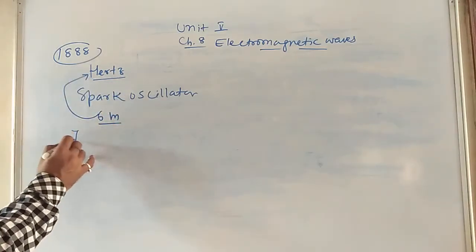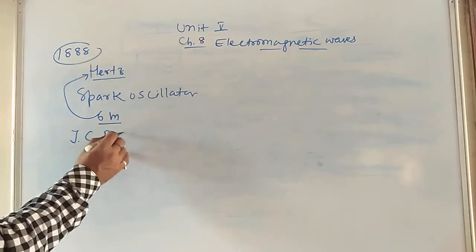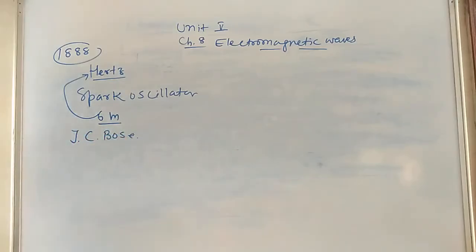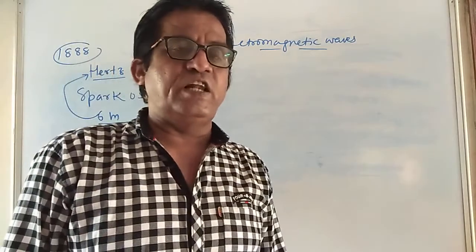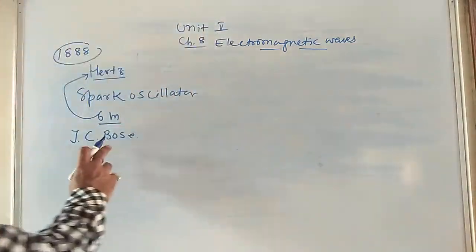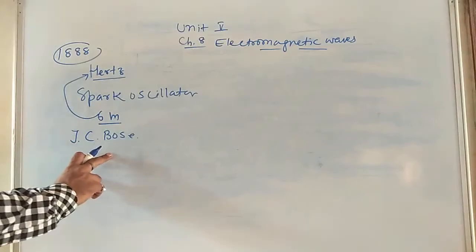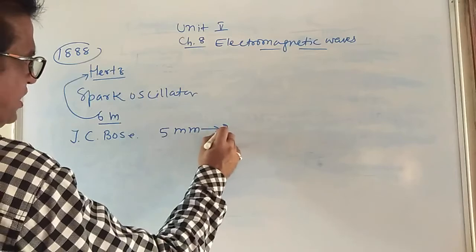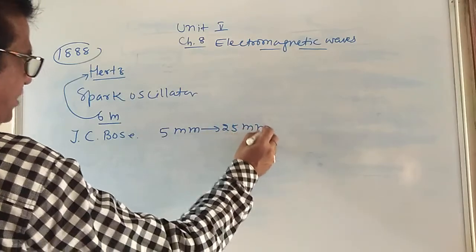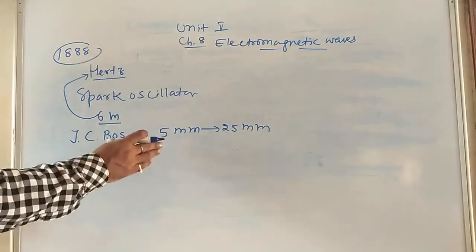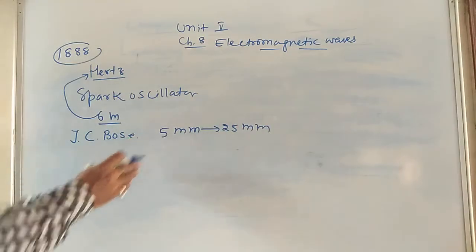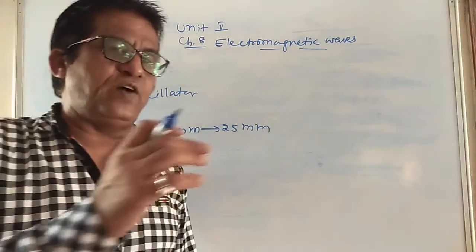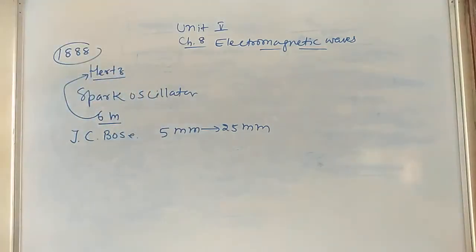In the beginning, our Indian scientist J.C. Bose produced first in his laboratory electromagnetic waves of wavelength 5 mm to 25 mm here. But the experiment was confirmed only in our laboratory. Outside of it, this work was not functioning. So my dear children, I can say here what is